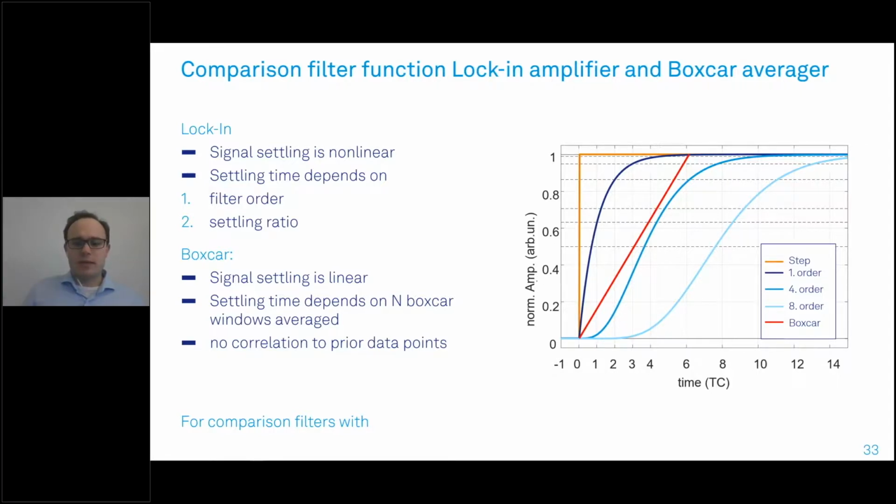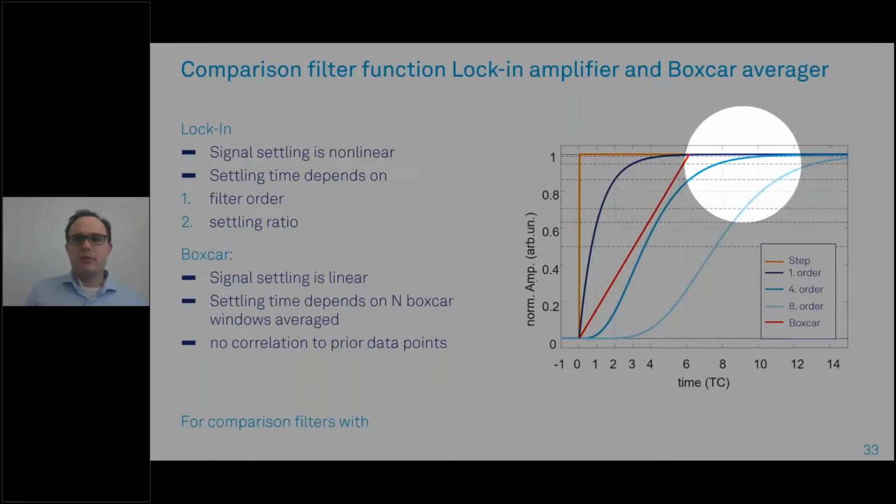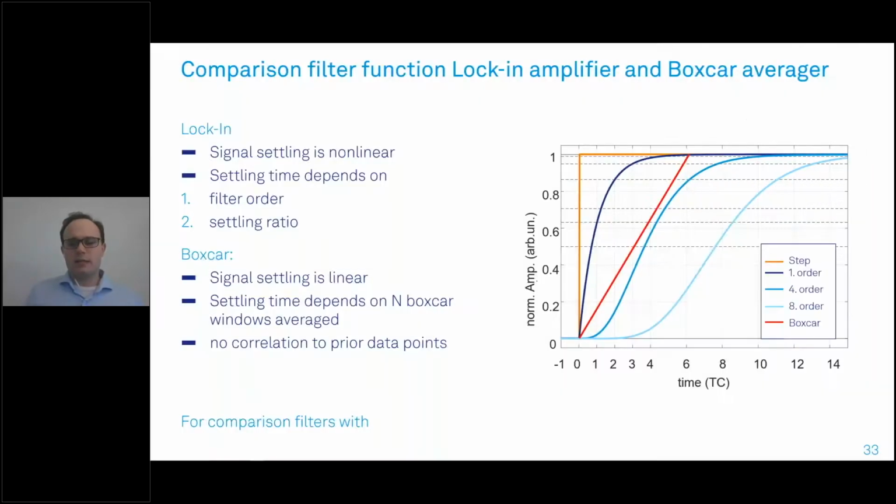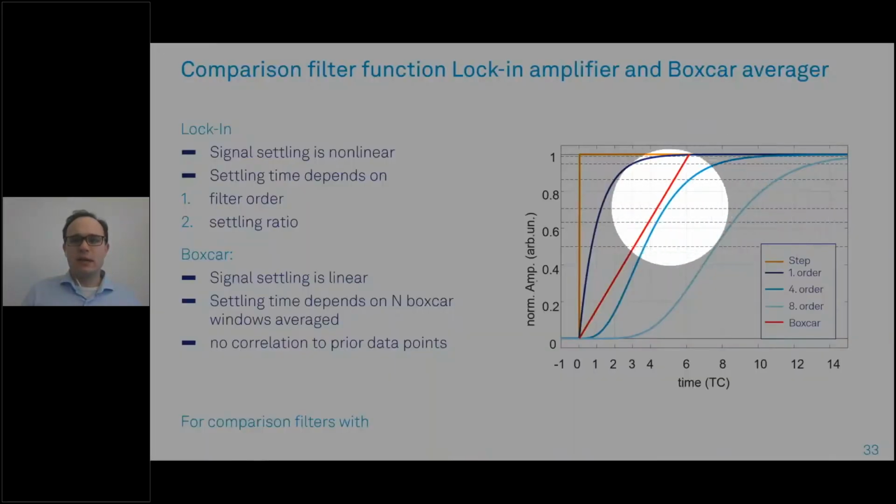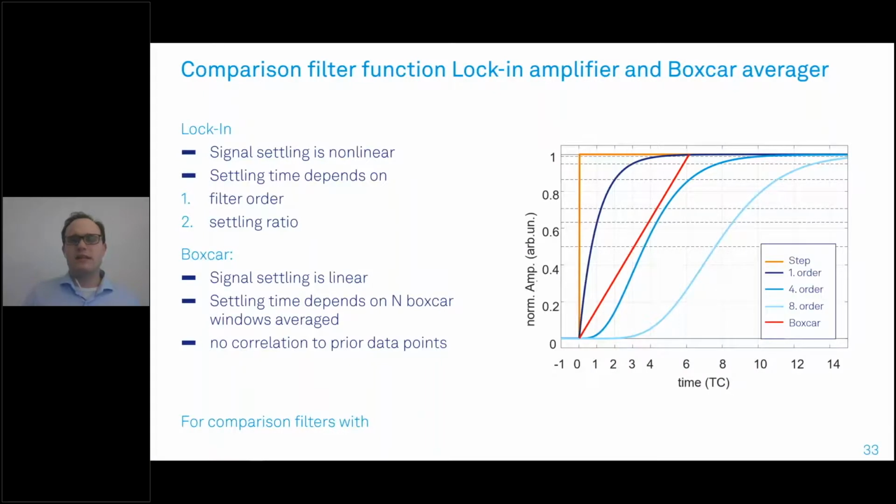If you want to go, for example, for 99%, you have to wait for the 8th order quite some time to settle. The boxcar, though, is immediately at 0 because it has this linear settling where you're just there at some point. And therefore, you can, for example, avoid smearing or pixel crosstalk in